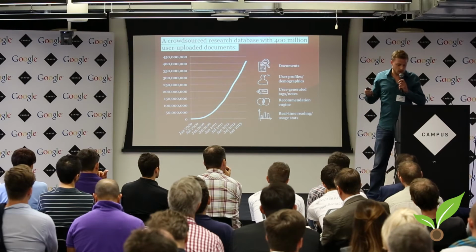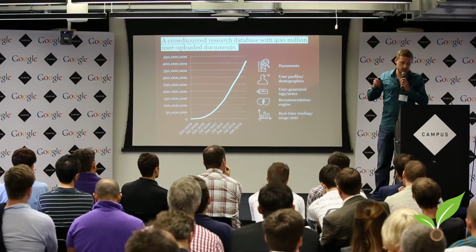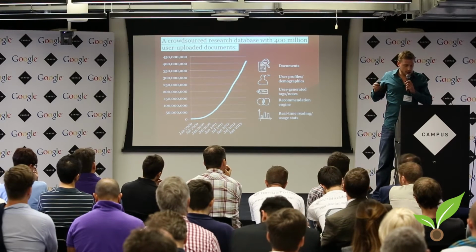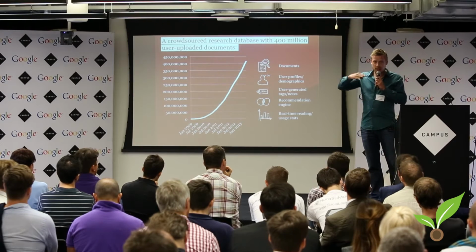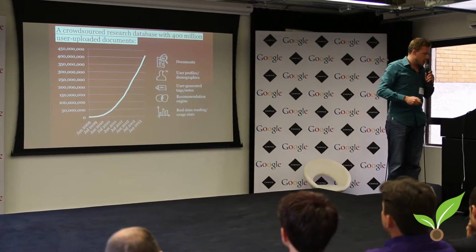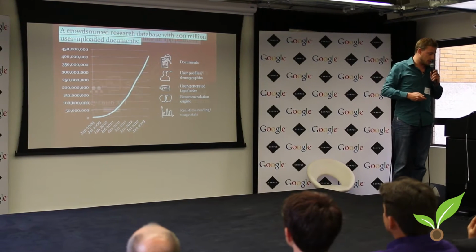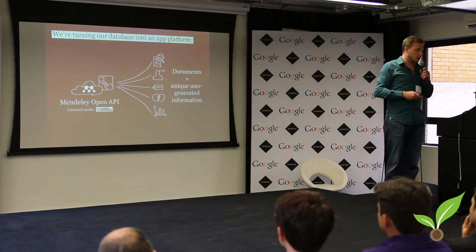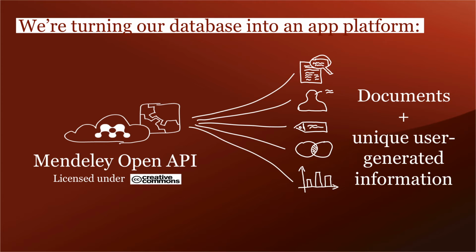So we have information about the documents, about the user profiles, all on an anonymous basis, obviously, about the user-generated tags. We have developed the recommendation engine based on what your library looks like. We can send you additional content, and obviously the real-time reading statistics. And then, as I said, we make that available through our API to third-party developers to let them access that